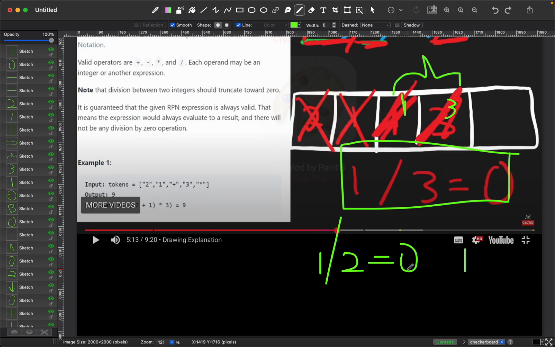And is it gonna round up or round down, you know? For this case, it feels like it round down, because technically this answer will be 0.3, right? So it round down. But for a case where it gets 0.5,